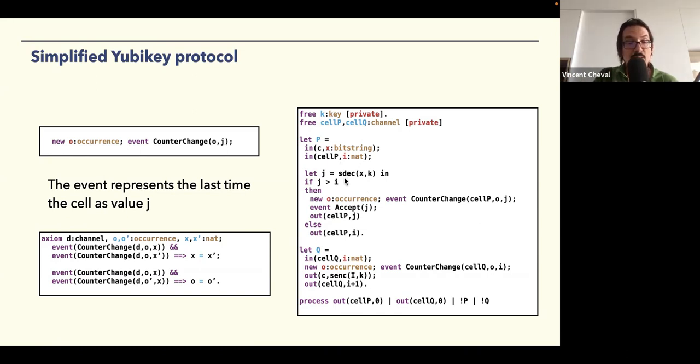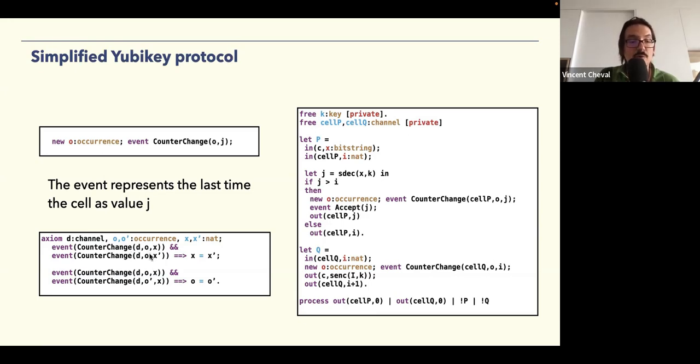And so in P, we're going to put this when we are in the then branch, because we know that here that was the last time. Oh, sorry, here it should have been I and not J. And on the other end for Q here, we know that every time anyway, the value will change. So it is I. And so what we can do is state the axiom that says that the first one